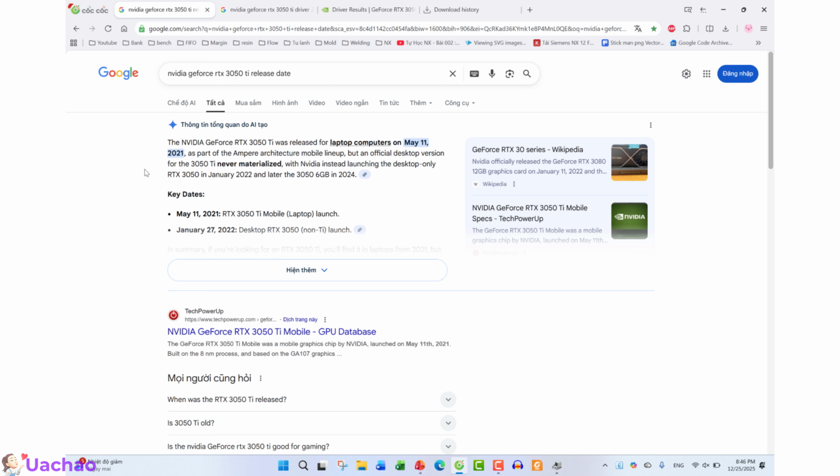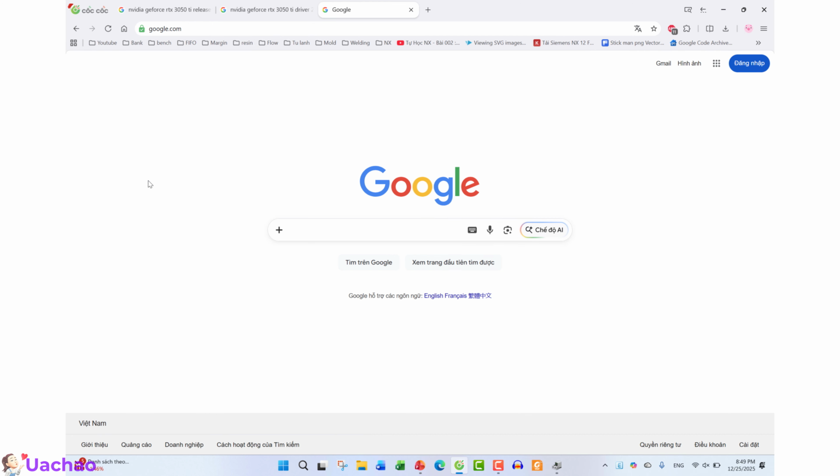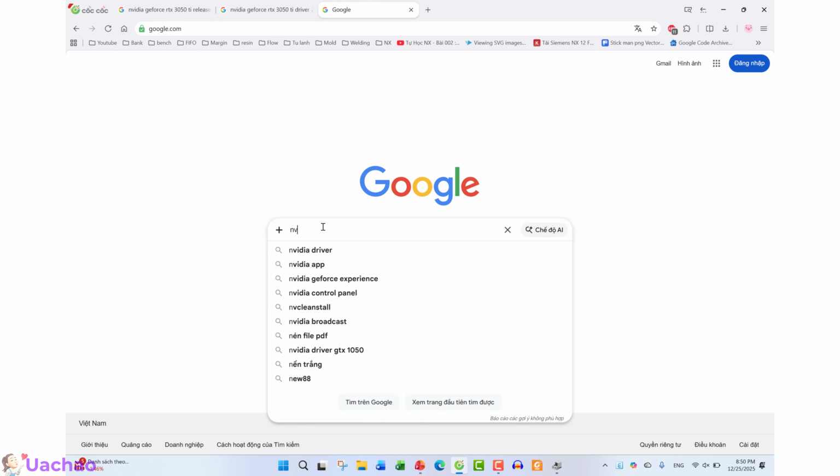Thanks to AI, I quickly find that it was released in 2021. That is great because NX12 was also released in 2021. Now you can make the same version by downloading an older driver from 2021, 22, or even 2019.